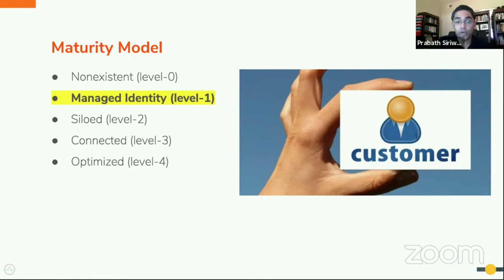One may only worry about onboarding customers via an online portal and then let them authenticate to the system via username and password. Another company would worry about integrating with social IDPs for registration, enabling strong authentication options with adaptive authentication, integrate with risk engines, do identity analytics, and so on.